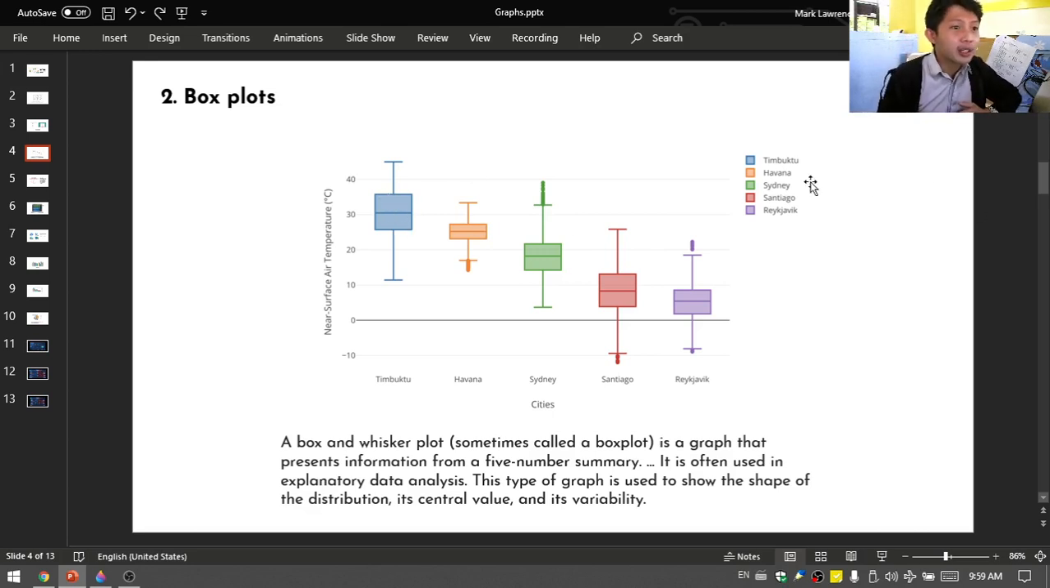For example, looking at this picture, the color blue is Timbuktu. As you can see here, this is the near surface air temperature in Timbuktu. The box plot for Timbuktu gives us the five-number information about Timbuktu, such as the lowest possible temperature that Timbuktu has, which is around 11 degrees Celsius. It means that Timbuktu can go as cold as 11 degrees Celsius, and it could also go as high as 45 degrees Celsius. On the other hand, the average temperature for Timbuktu is around 30 or 31 degrees Celsius, while the lowest,